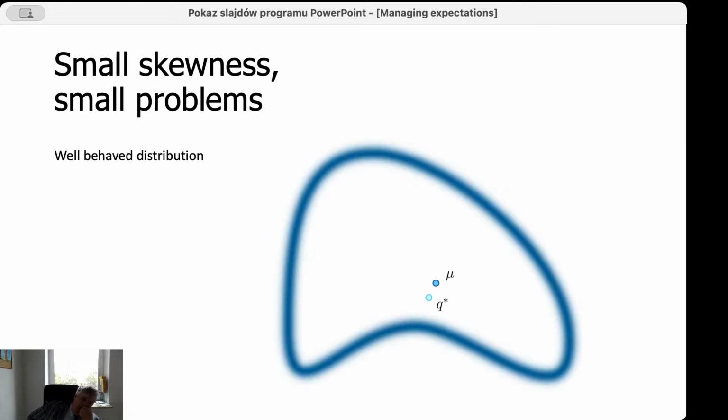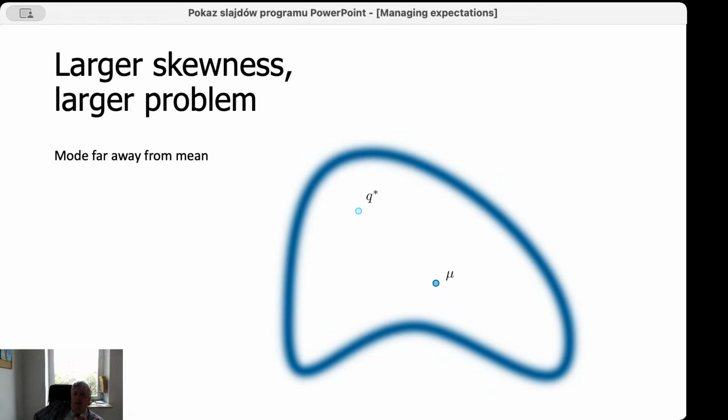And as long as the distribution is relatively well behaved, it is all okay, because the actual mean or expectation of the function will be relatively close to the mode, the maximum of the distribution. However, if the function is much more skewed, then we can have a larger problem. The mode can easily be away from the mean. The most obvious case that we know is the distribution